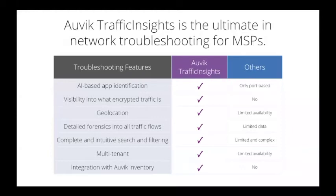So as much as we can identify what applications are using that port, the better off we are in that troubleshooting process. That extends to the next point, where we can start to get some visibility into encrypted traffic. To say you're always going to see 100% of all encrypted traffic would be misleading. But at some point we have to say, well, we can get more information about what devices are